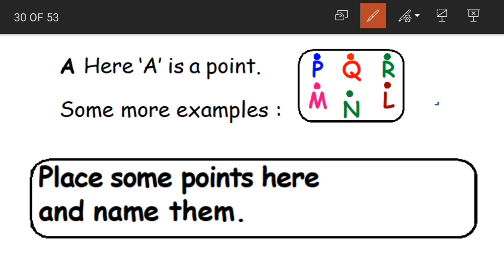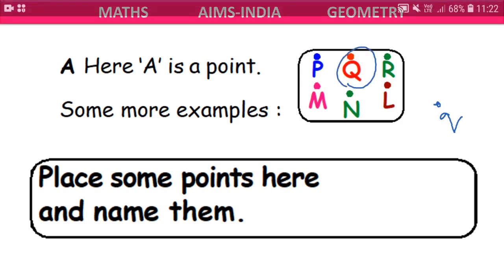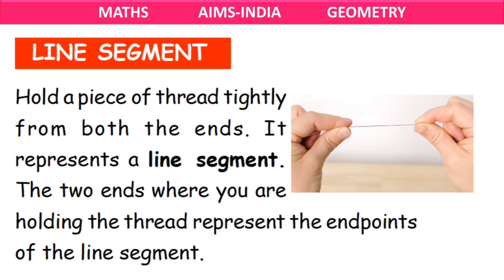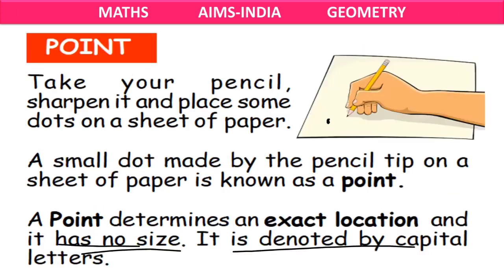Okay, so suppose this is my point. Do not give small q as the point name. Always use the capital letter Q but not the small letter q. I hope this is clear, children. What did we learn? We have learnt about points and also we have learnt about symmetry.